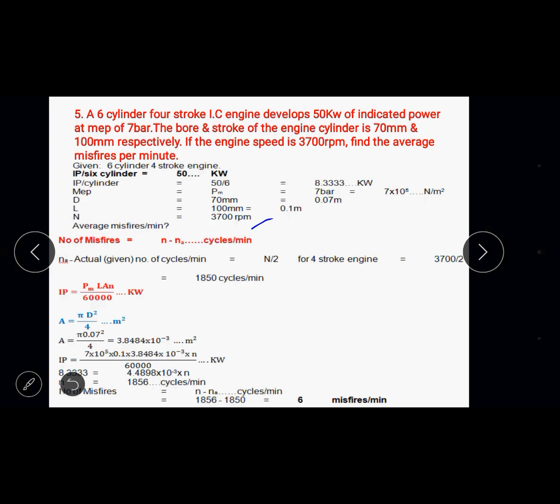as I explained to you, in a 4-stroke engine, in the PV diagram, the line CD of the Otto cycle or diesel cycle. If it is a petrol engine, the line CD will be constant volume, and if it is a diesel engine, the line CD will be constant pressure. So the line CD indicates ignition. It is the part of the PV diagram where ignition of the air fuel mixture or ignition of the diesel takes place.